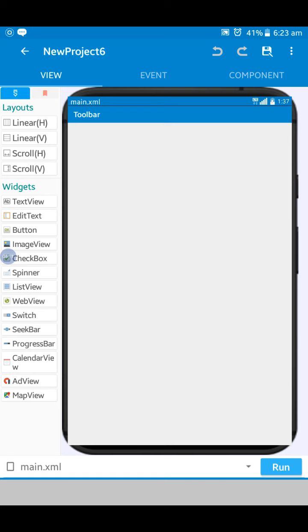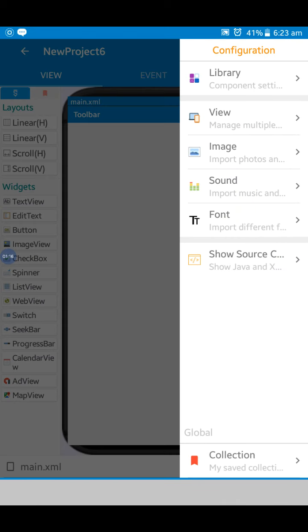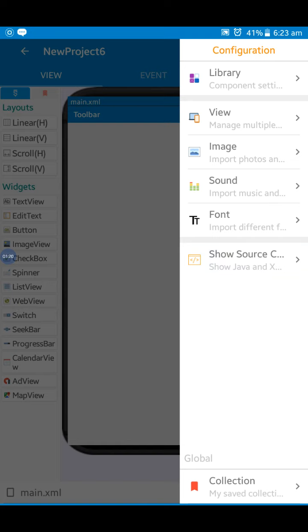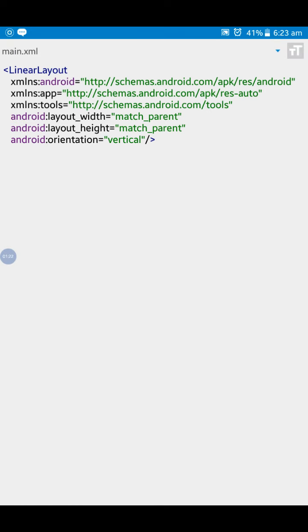So here, first, for every Sketchware application, the orientation will be vertical. So the linear layout automatically becomes vertical mode.